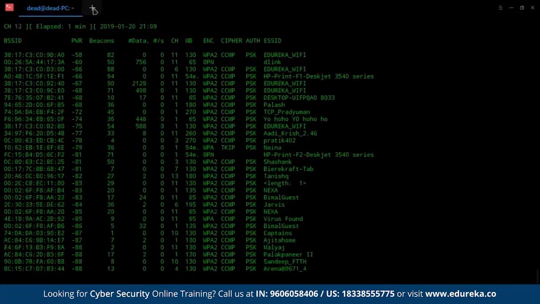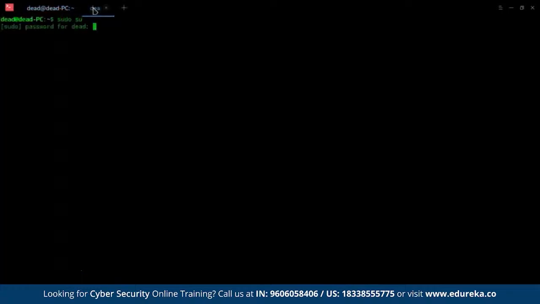Now, what you want to do after that is open up a new window on your terminal and log in as root. Now, we want to run a separate airodump scan on this specific BSS ID and check for all the devices that are actually connected to this access point. We do this by running the command airodump-ng, and while we're doing this, we also want to capture all the scan output into a file. So we'll be storing it in a file called capture, and then we just have to pass in the BSS ID and the interface.